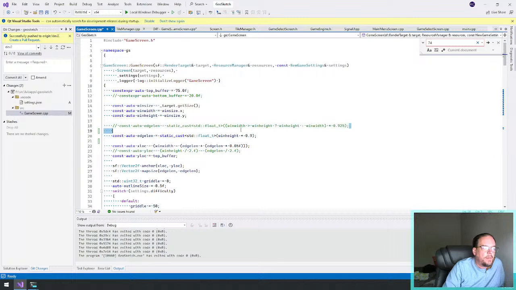Okay, so I see what I was doing up here. What's bigger, the width or the height? Whichever one is smaller, take 90% of that. So here, all I did was take the height of the window